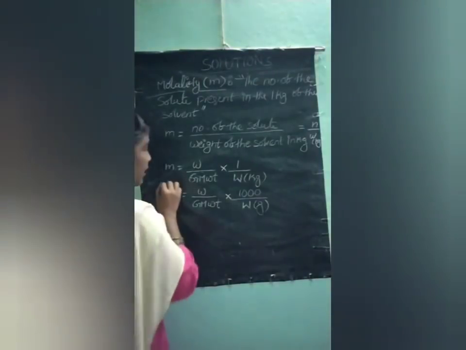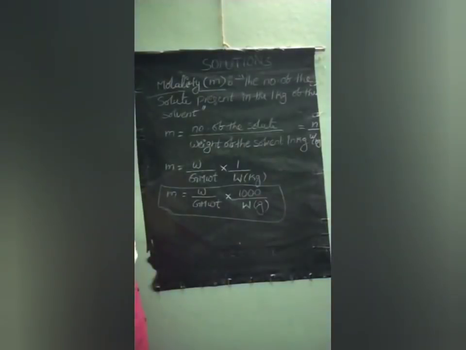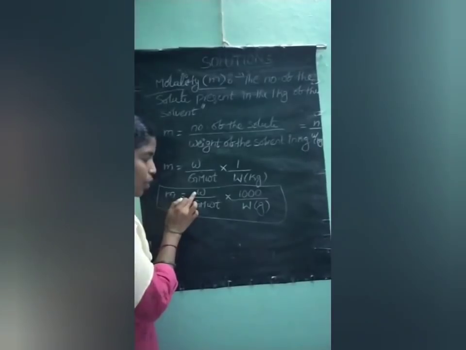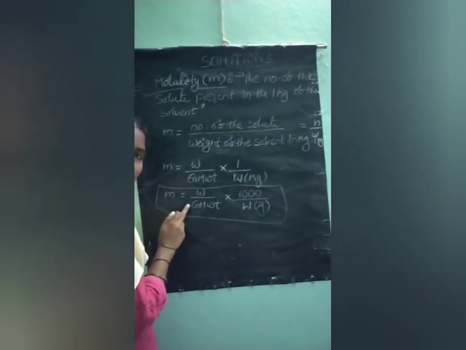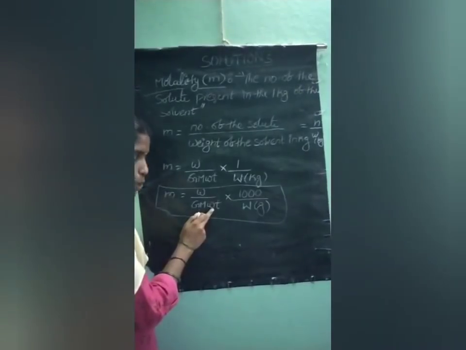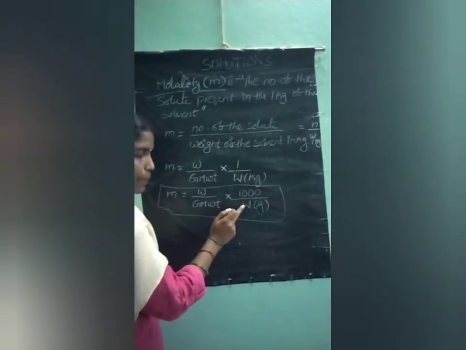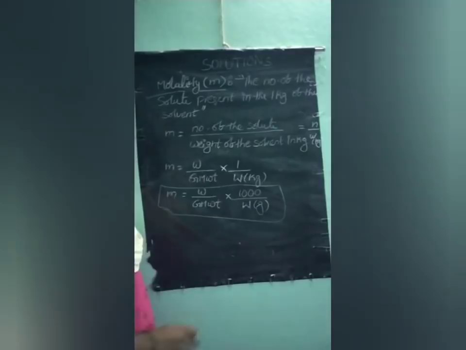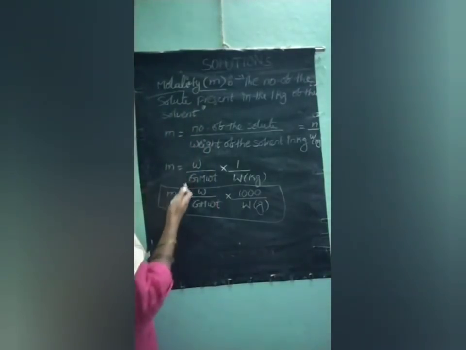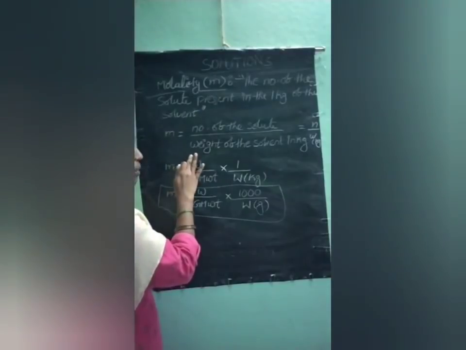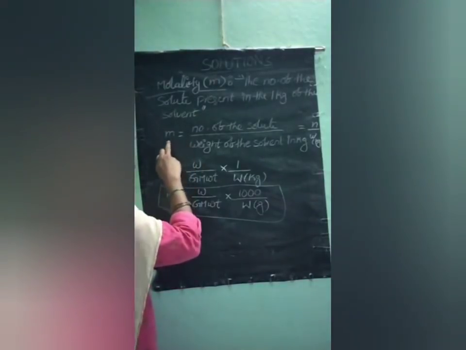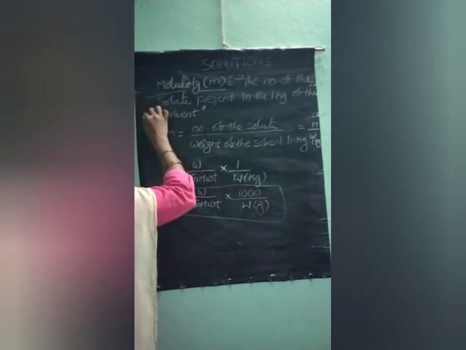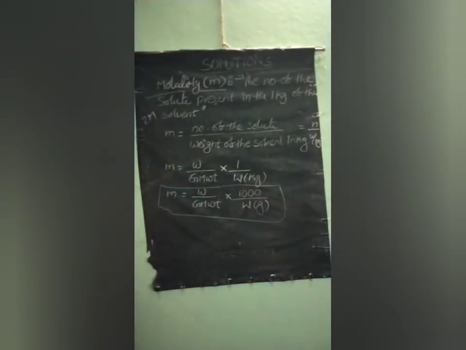So this is the main formula for solving problems. In this, what are the terms present? Small m is the molality, and small w is the weight of the solute, and below it is the gram molecular weight of the solute, into 1000 by capital W, which is the weight of the solvent. So this is the molality. So molality definition and molality formulas. Sometimes in 2 marks, write the molality definition and one of the formulas to get 2 marks.